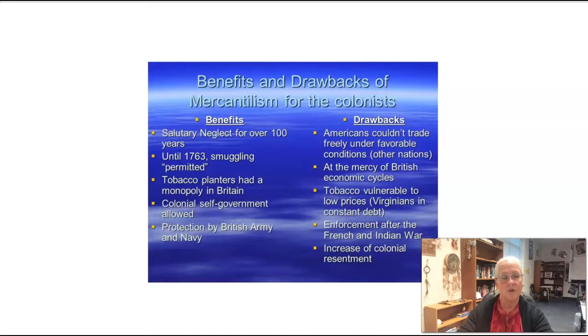They are wanting to establish a favorable balance of trade. They want things to come back to benefit the mother country. And so the Navigation Acts and this mercantilism are going to benefit the colonies. Now, the drawbacks are that the colonists could not trade anywhere they wanted to. They had to go through England. It's going to cause a lot of smuggling and a lot of what they call rum running when they would try to get away with not going through Mother England.